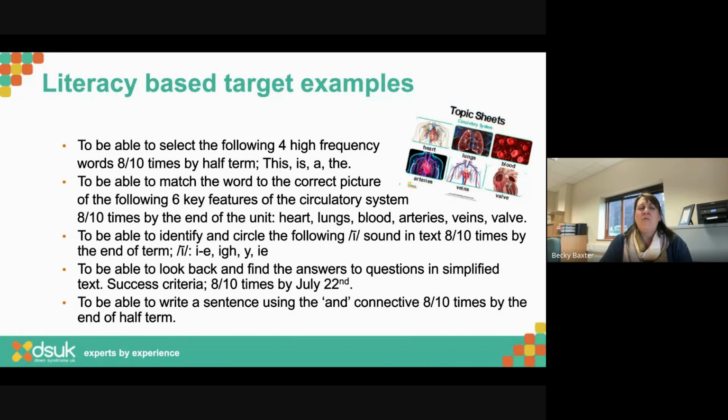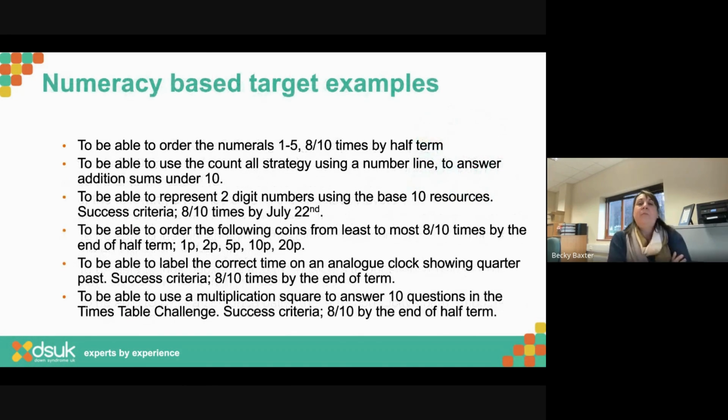And you think, okay, oh crikey, we're going to be doing Shakespeare. What are we going to do about Shakespeare? Hang on a minute. I know, we could do about the characters. This is Romeo, this is Juliet. Oh, I know, we could be doing about answering questions about the simplified text. This is the summary of what happens in the first chapter, and here's some questions to answer about it. So you think, oh, I know what my literacy target is, and I can help use that to support my differentiation.